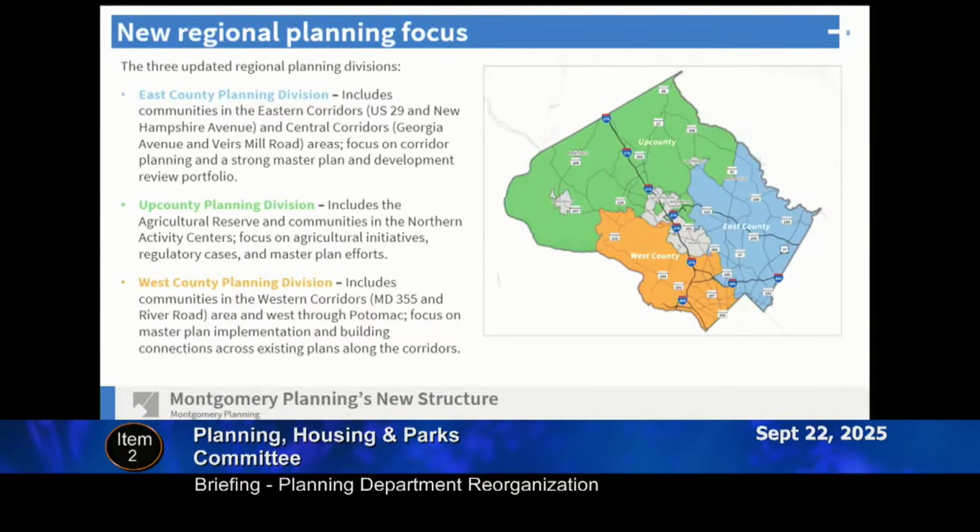The one exception to that, and there might have been a second one, but the one I could think of off the top of my head right now was the Great Seneca Plan area, which I know we just recently approved. But you'll recall that one had a whole bunch of, like 8 different areas that weren't connected. So in some ways, they were all very unique neighborhoods that had unique qualities and concerns. And so it actually lent itself well going around different parts of Gaithersburg to fit into our different area teams. And so I think that is all either in Up County or in West County.